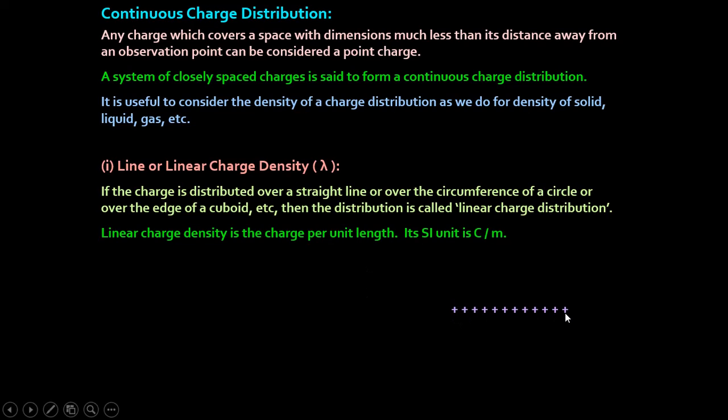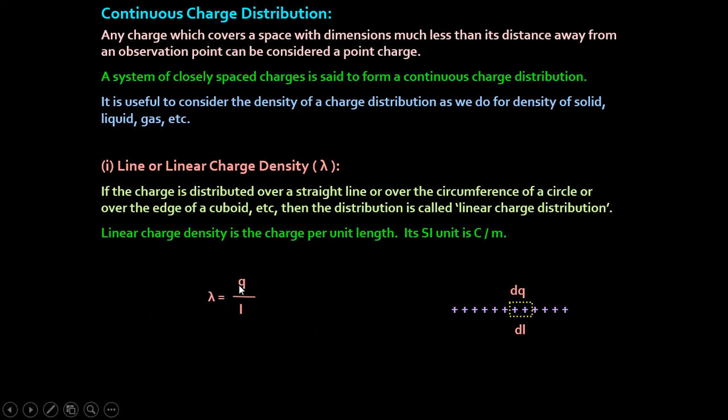So if I take one length, one straight line, along that straight line some charges are distributed like this. Then if I take a small section whose length is dl, and for this small section dq is the charge. In that case, for the linear charge density, suppose q is the total charge distributed over the entire length of the body, then L is the length of the body.